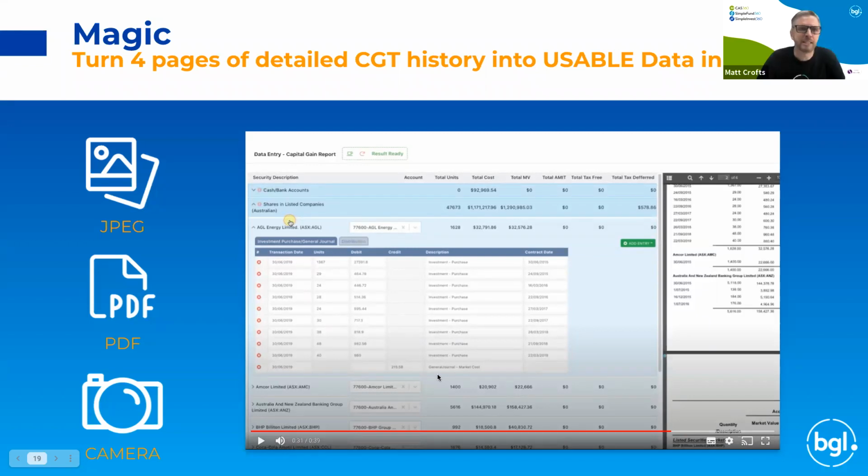Yep, so we can bring this in from Simple Ledger. If you've got a heap of CGT history in Simple Ledger and you're scared about bringing all that history in, well, you can now bring this in. You just run a PDF report, upload that PDF, and then we create all the chart of accounts, all the investment history comes through. You can do it with our competitors, which I won't mention, but two of our competitors run unrealized CGT reports, so we can bring that data in as well.